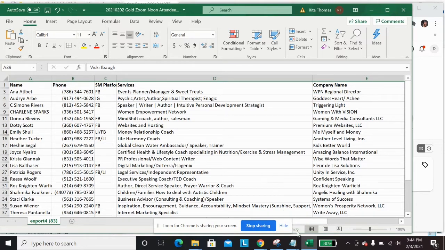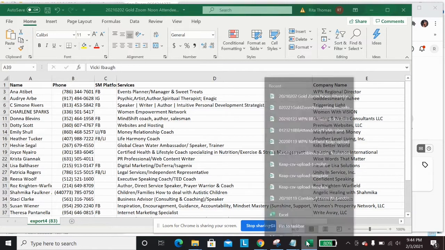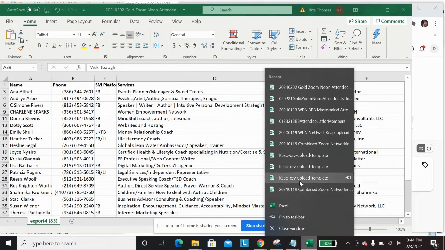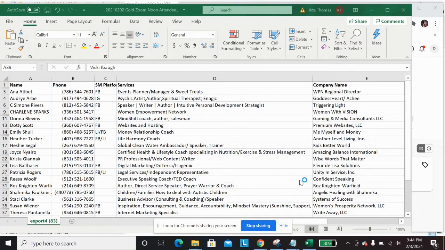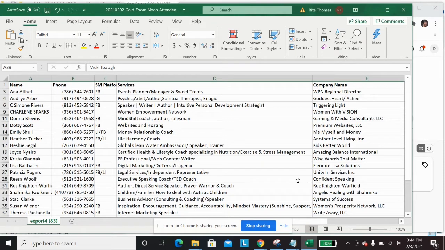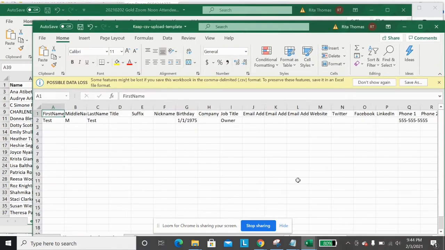Now, the spreadsheet that I have that's going to help us bring this in smoothly is just a template that is pre-formatted with the way that